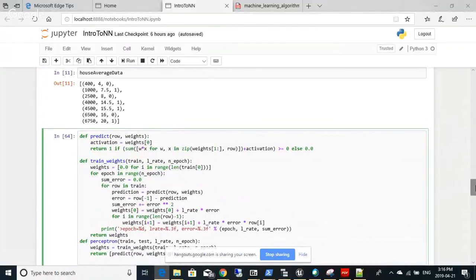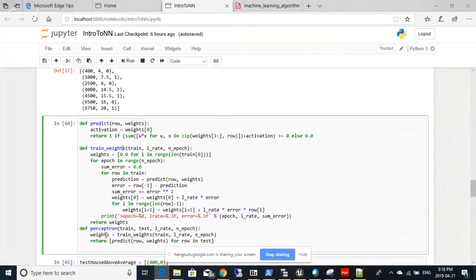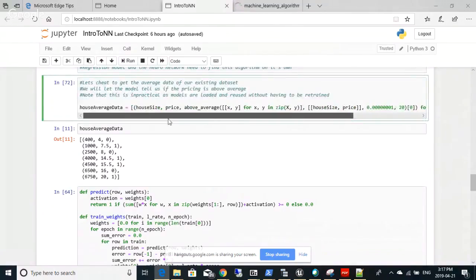Actually, the classification algorithm, put simply, is known as a perceptron. And this is why I've changed the above average to use the